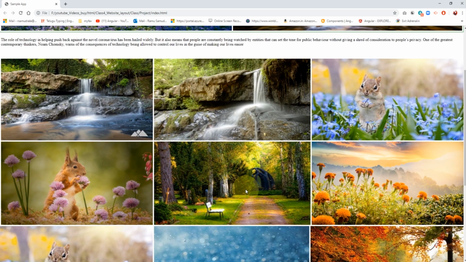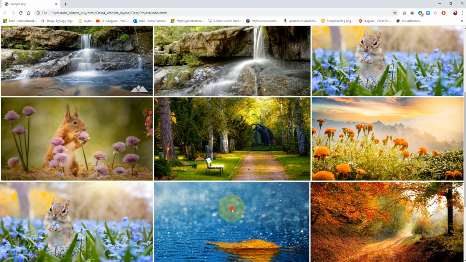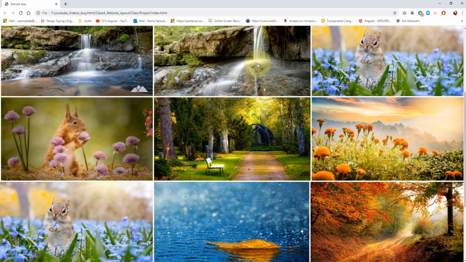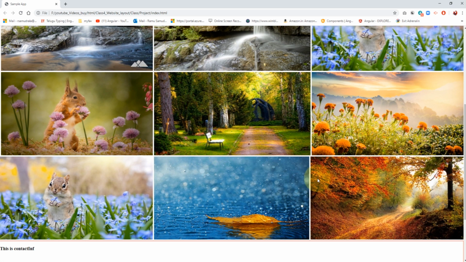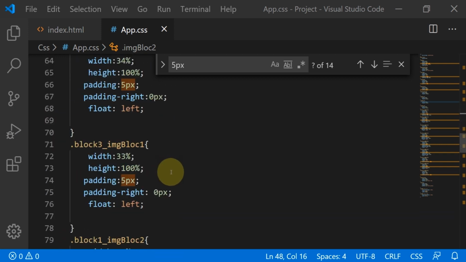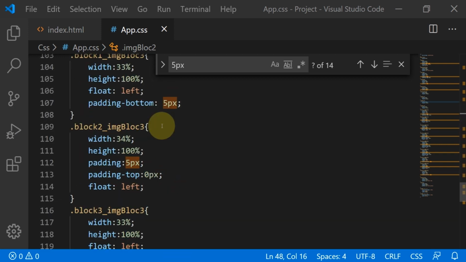It's maintaining equal space. Yep, and here one more thing guys, so these all images are aligned, but here also some issues came with alignment. So for that, that one is block 2, image 2 in block 3, right?